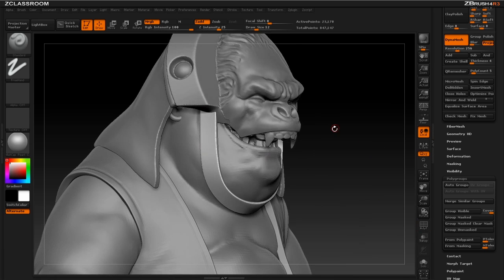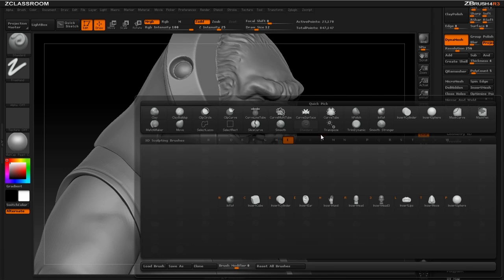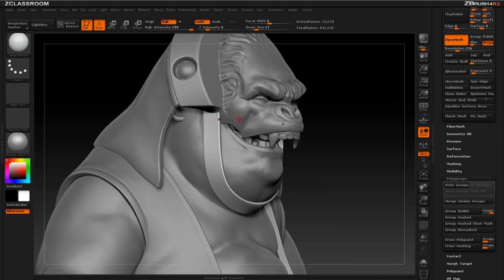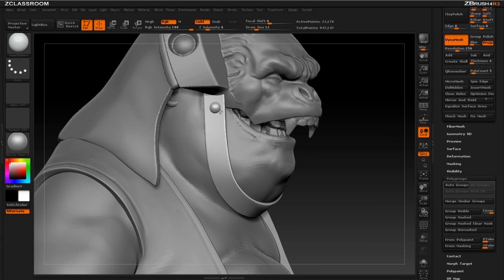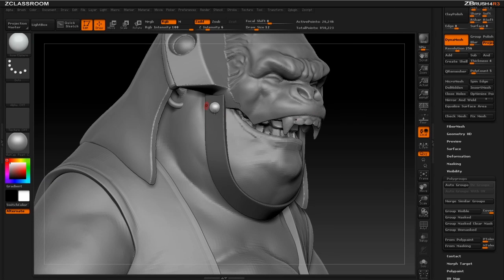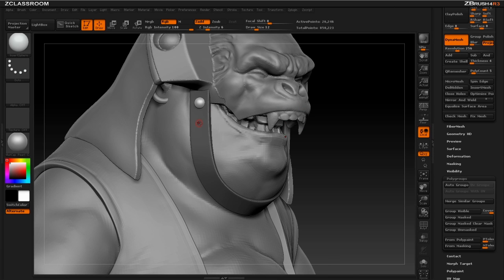And let's go ahead and add some studs. So I'm going to hit BI for brush insert, and then I'm going to grab this insert sphere. And it'll insert them across the X-axis, which is fine. So I'm going to go ahead and draw out a sphere here. And let's go ahead and make some more. The problem with drawing out more spheres is that it's going to be hard to keep them the same